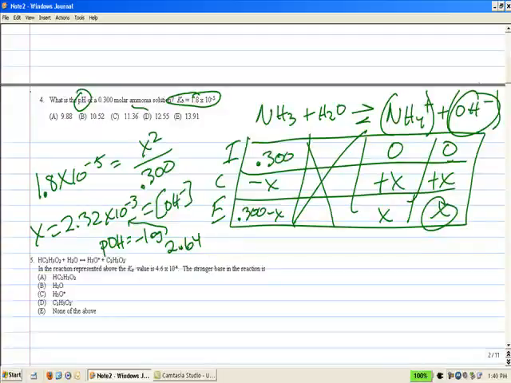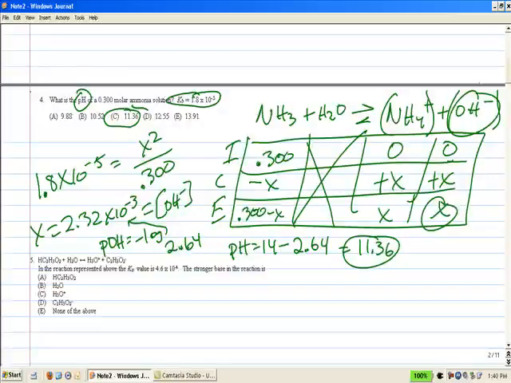And then to go from pOH to pH, pH equals 14 minus the pOH, so 14 minus whatever's on my calculator screen. So 14 minus that answer equals 11.36619, whatever. So my closest answer to that obviously is C,